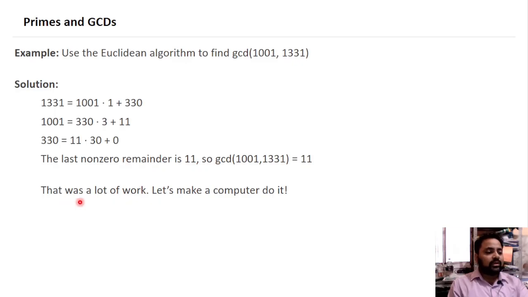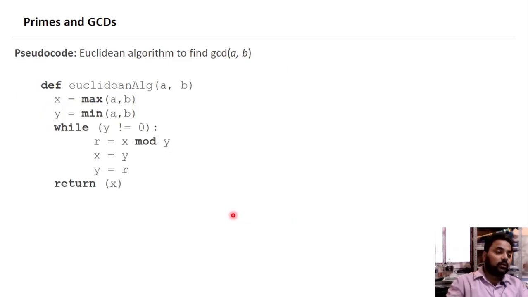That was a lot of work. Let's make a computer do it. We can simply generalize this form for finding the GCD of two numbers. The pseudo